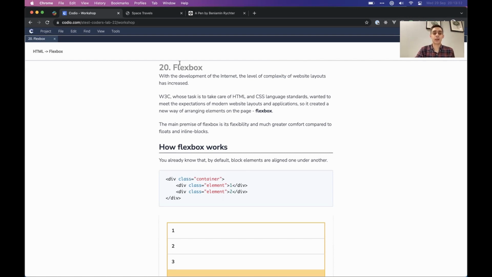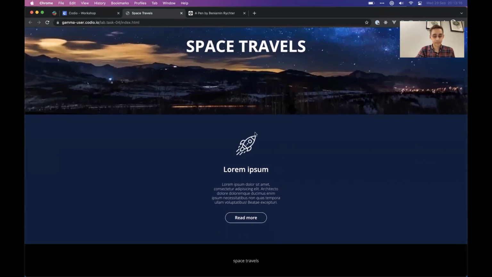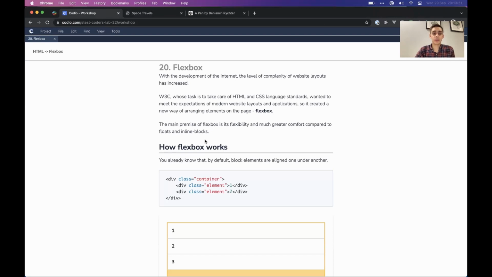So on our website, we are going to put 2 more columns beside this one. So we want to show them in one row. But we talked about block elements, right? And we saw that